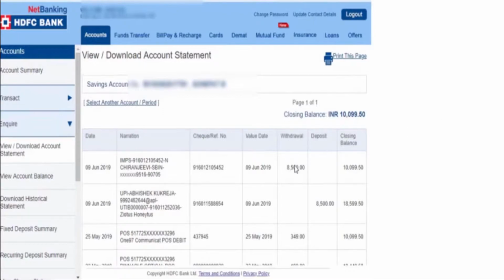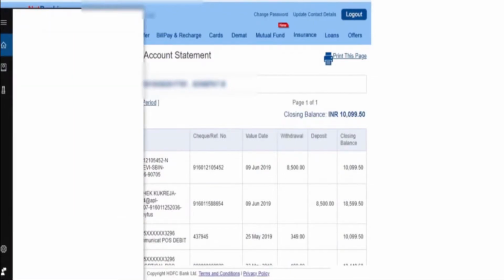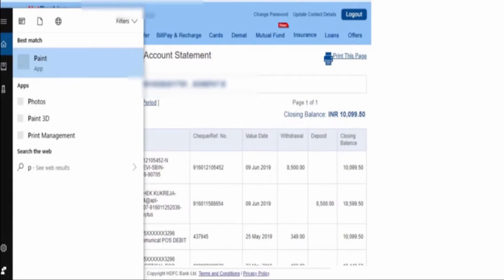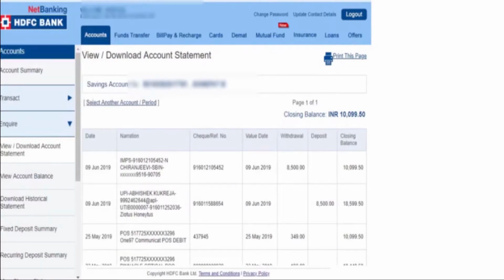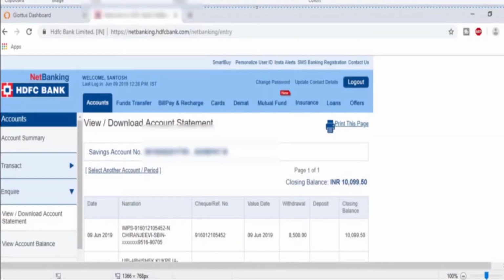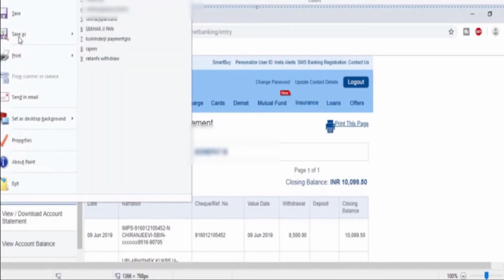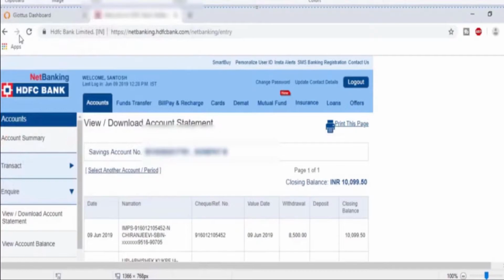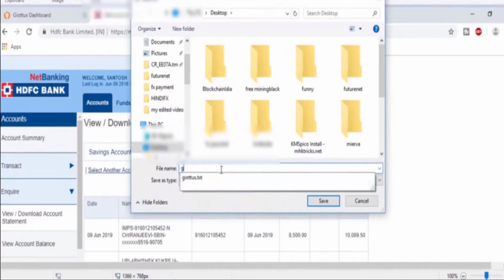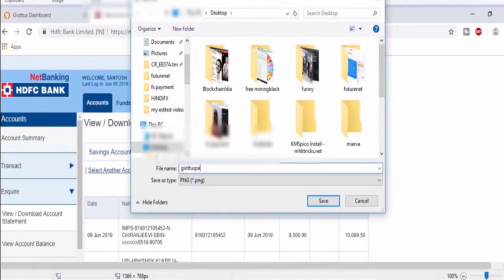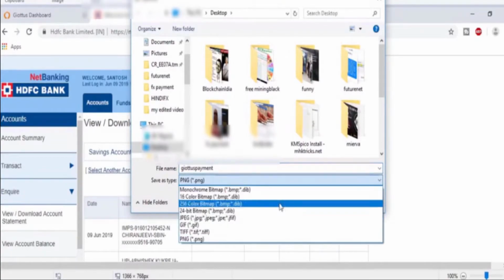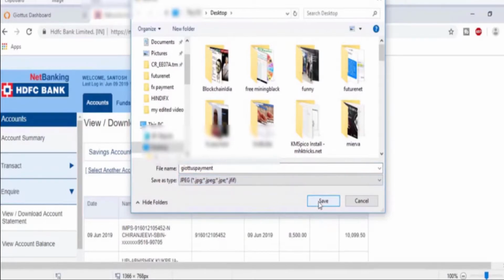Simply click on print screen and paste that in Paint, and save it. I will save it as Geotas payment, select JPG image, and save.